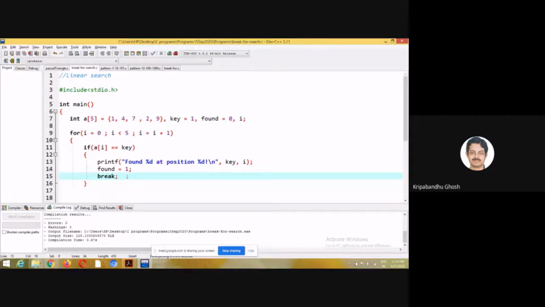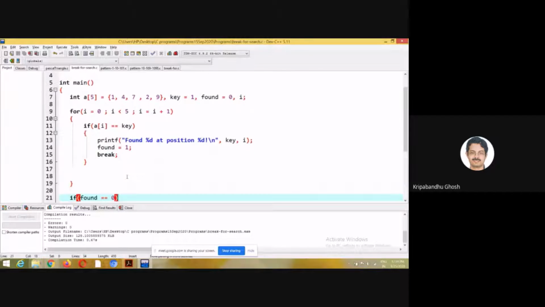Then however long the array is, the check you have done is 1. So that is the best case. You have to do at least 1 check, and at most you have to do n checks. In this case, 5 checks.